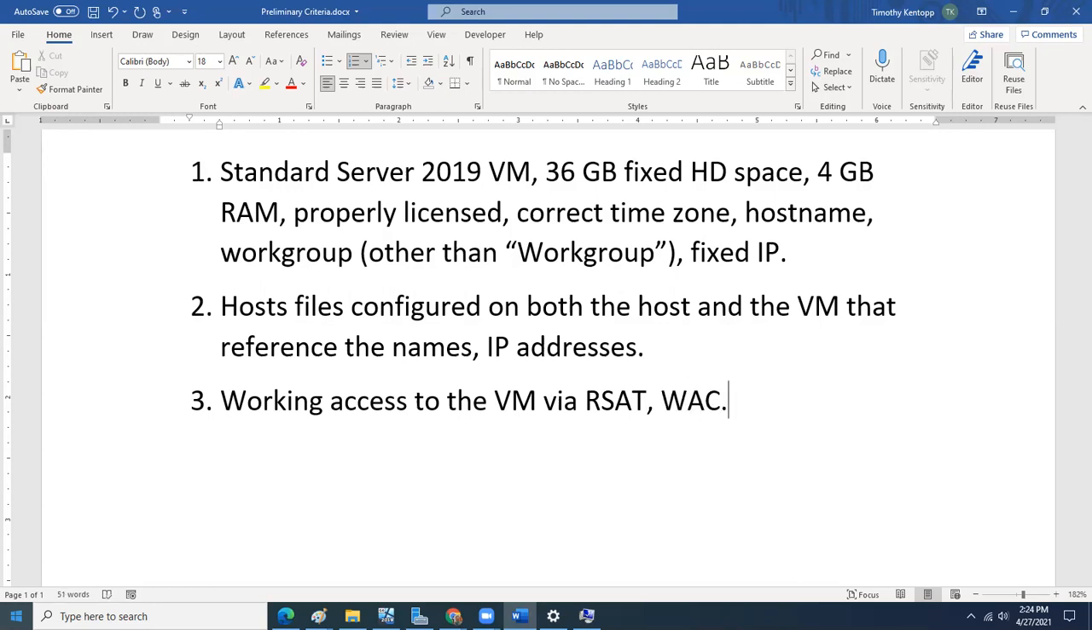If you did the previous assignments and solutions, you should already have working access to the virtual machine with RSAT and with WAC, Windows Admin Center. And that's really important. That sets the stage for you to work the final solution. Okay, if you don't have this in place, it means you haven't finished the other assignments or the other solution. So this shouldn't be a problem, but I wanted to make sure that everybody was aware that you're going to have this. You're also going to want to be able to